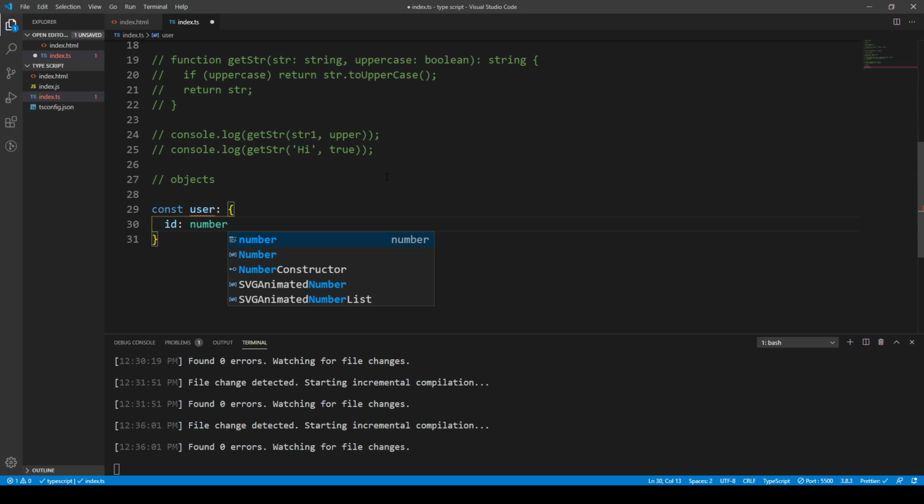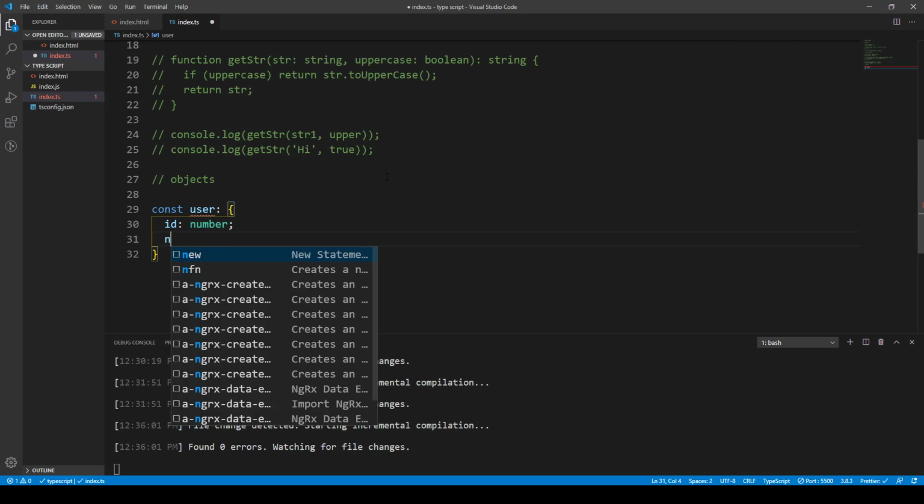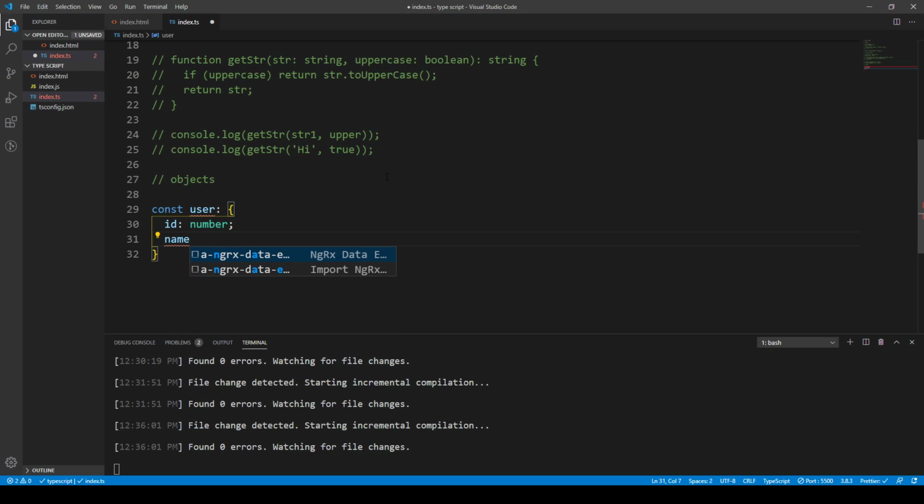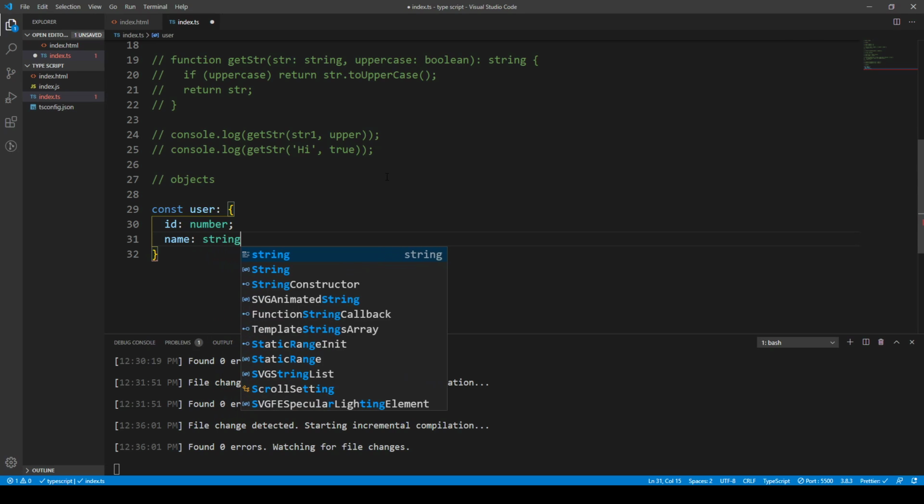So okay, the difference between this format and an object is that an object has comma separations of a key value pair, but here we've got a key type pair rather than key value pair, with the semicolon rather than the comma. So we'll also have a name of the user, which will be string,